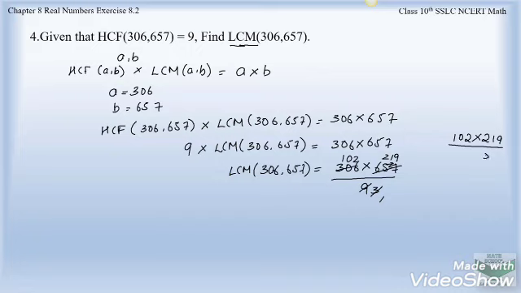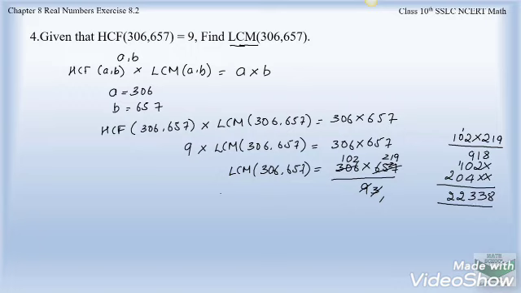So 9 2s are 18, carry 1, 9 zeros is 0, so 1 comes down here, 9 1s are 9. Into 1 2s are 2, 1 zeros are 0, 1 1s are 1. Again let us multiply with 2, 2 2s are 4, 2 zeros are 0, 2 1s are 2. So adding, we get 8, 2 plus 1 is 3, 9 plus 4 is 13, carry 1, 1 plus 1 is 2, and 2 comes down.